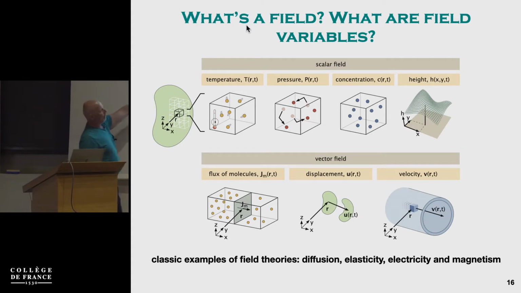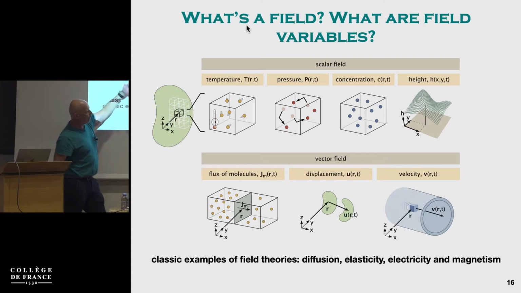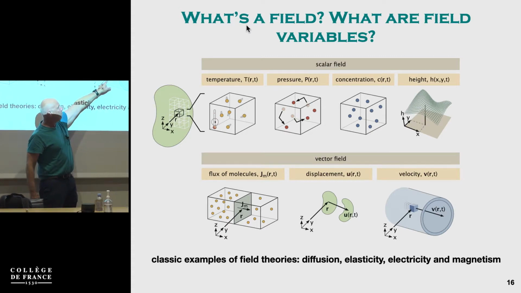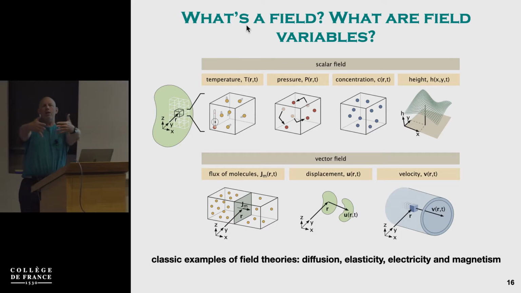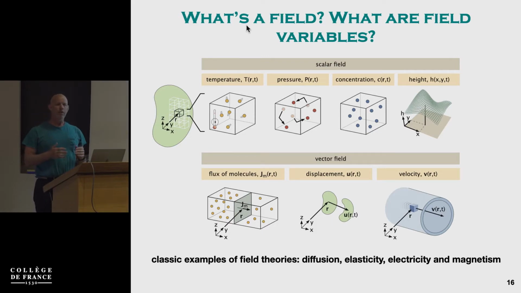There are also vector fields, and probably the most evident one that all of us are used to is velocity. I just think about looking at a river. A river is flowing along, and then it gets thinner. The velocity field,